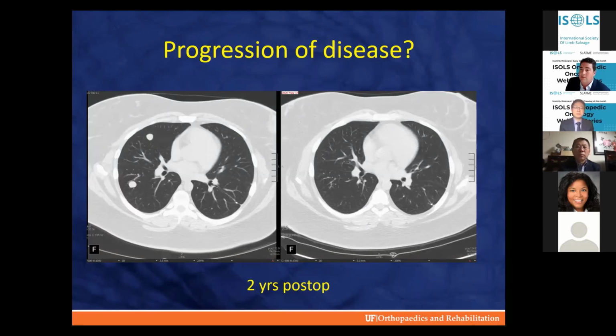So she actually was seen by the thoracic surgeons who removed these lesions, hoping that it wasn't some sort of misdiagnosis or some malignant transformation. But what we found in the path was that these were giant cell tumors that had no treatment effect, which didn't make a lot of sense. While this patient was treated by an outside oncologist, she had changed jobs, her insurance had changed, and then denosumab was no longer covered. So she actually was started on zoledronic acid.